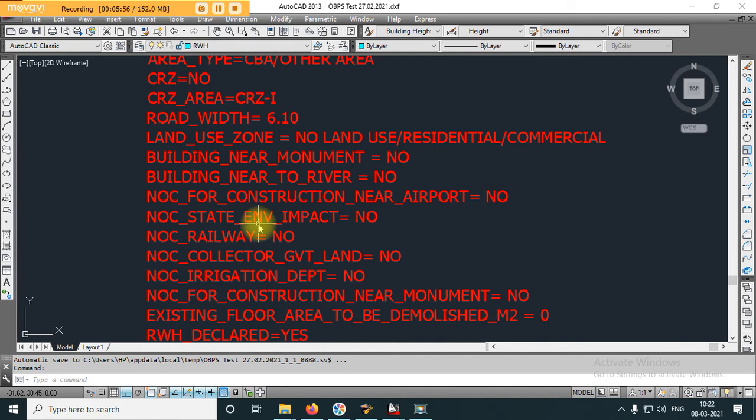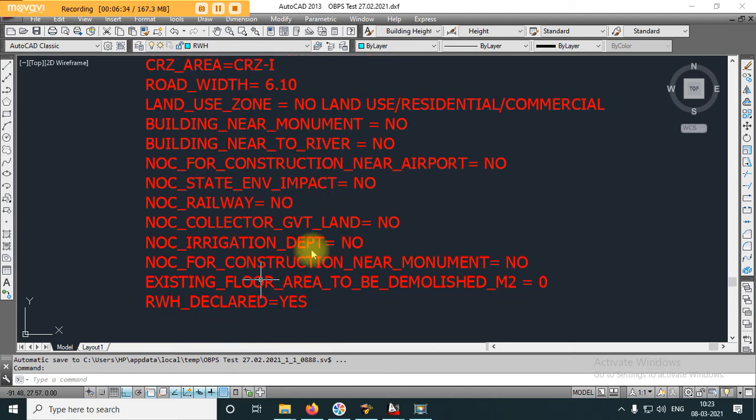And if the site falls in any acquisition proceedings, wherein earlier it might have been under acquisition and now it has been lifted, then you need to mention yes or no. Then comes irrigation department NOC. If the site abuts any canal, river, lake, pond or anything, you have to obtain NOC from the concerned department, for which you have to mention whether you got it or not.